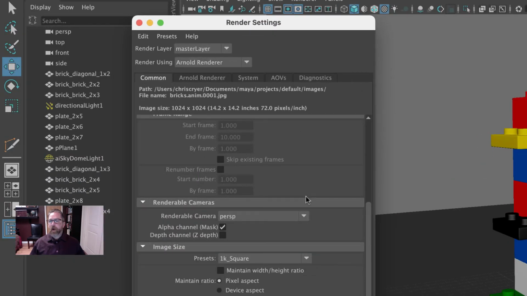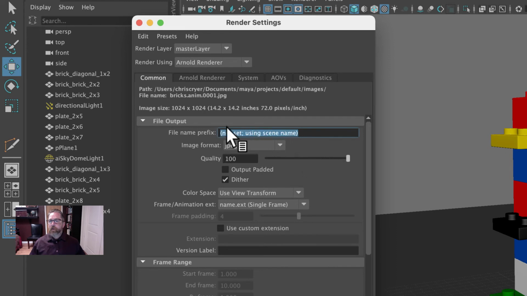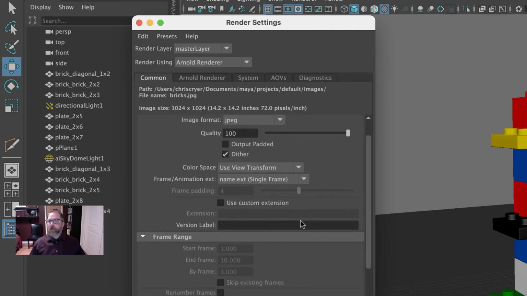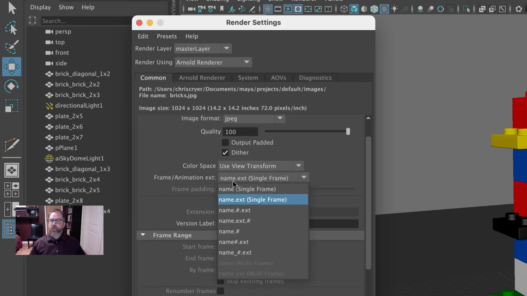use. And I'm in the common tab, and you could name this, right? You could name it brick. Since it's on your local drive, you can name it whatever you like. You're not handing in these individual frames, so I'm not asking you to put your name on it. We're going to render as JPEG, and then in order for us to render the individual frames, we need to